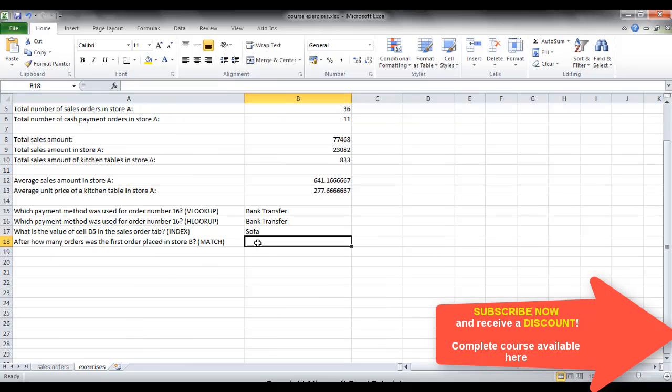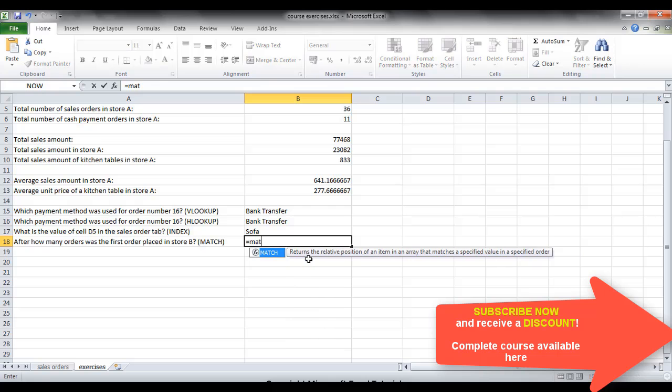If I want to know how many orders took place before the first order was placed in store B, I can use the MATCH formula. As you remember, the MATCH formula is used when you want to find the position of a value within a certain range. So I can type equal to MATCH, specify my lookup value, which is store B,